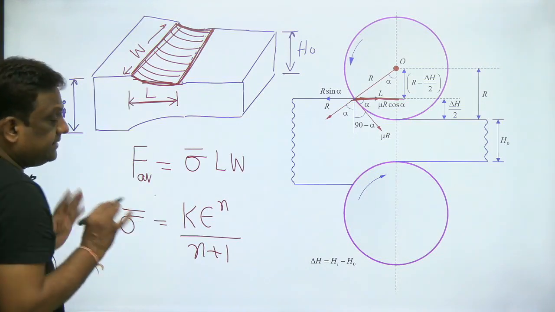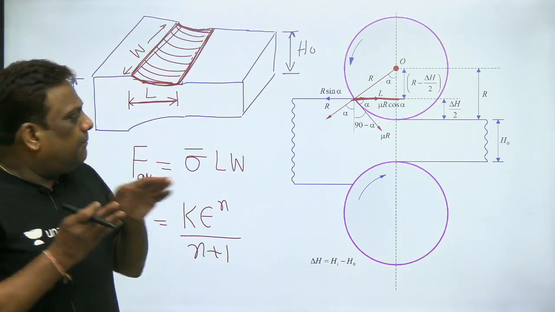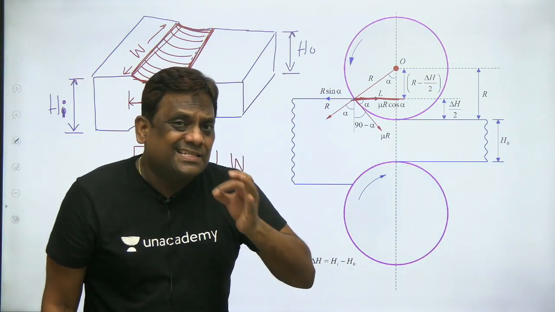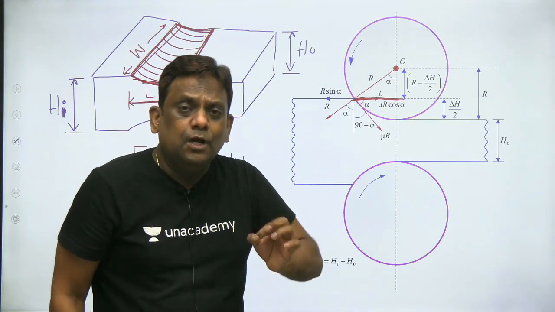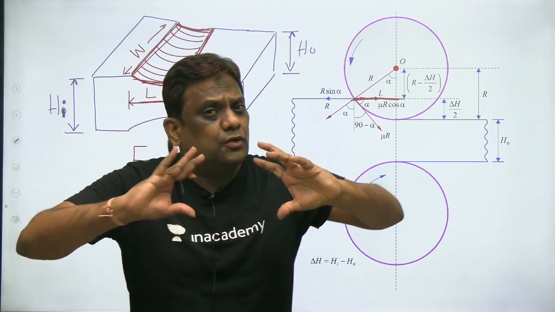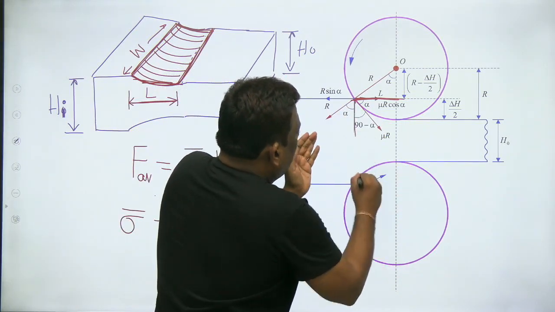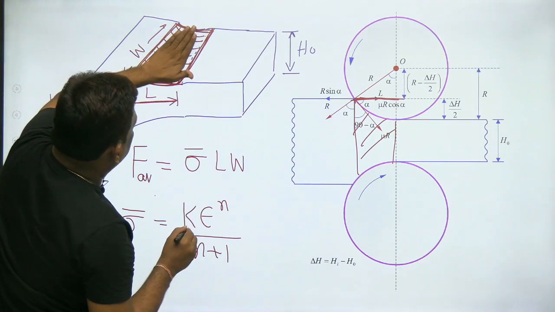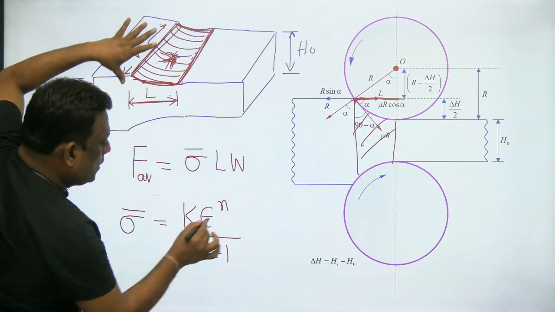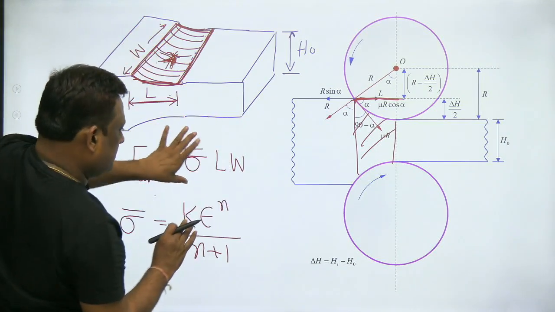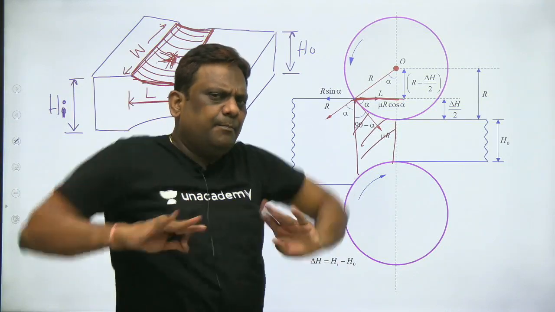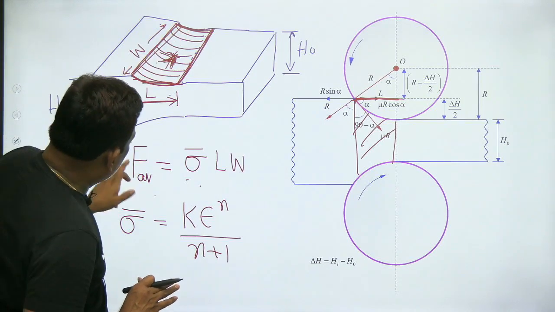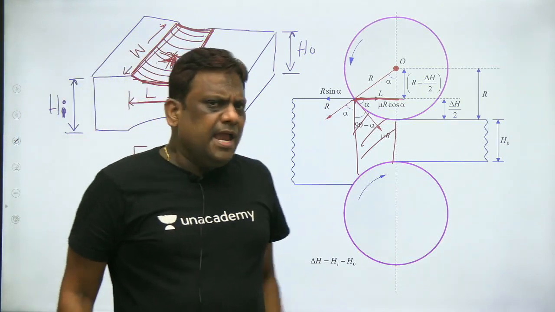When the material is flowing, the flow stress is not constant. The stress required to cause the deformation is different. So in my first video I have shown how to calculate the average. I calculated one average stress over the whole deformation zone. That average stress into this deformation area, L into W. The stress throughout this I assume to be sigma dash, which is hypothetical, but actually it is changing. We took a small element and integrated. So that stress into area will give me the average force. It will be acting somewhere.